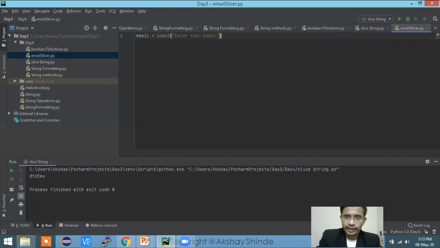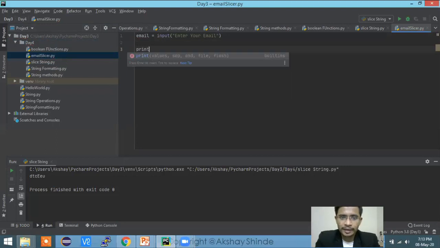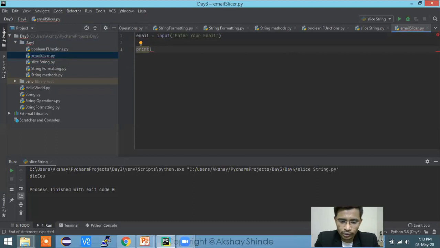Based on that email, you just have to print it, but this time after printing the email, you have to find the username, and then we have to find the company name as well. We have to do both.